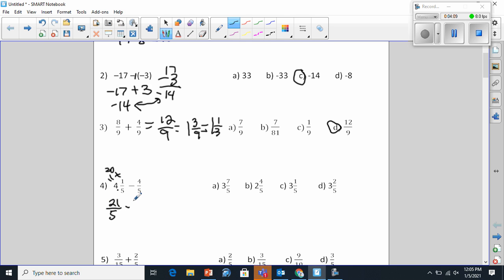And I could subtract 4/5 from it. And now I could say that 21 minus 4, let's see, that's going to give me 20 minus 4 will give me, I want to say 17. So it should be 17/5. Now that I got that, I realize that that's not one of the possible answers. So in this case, I will treat this like a division problem, because every fraction is a division problem. And 17 divided by 5